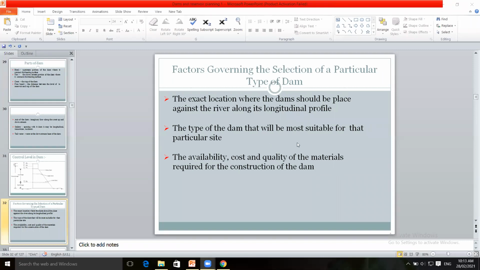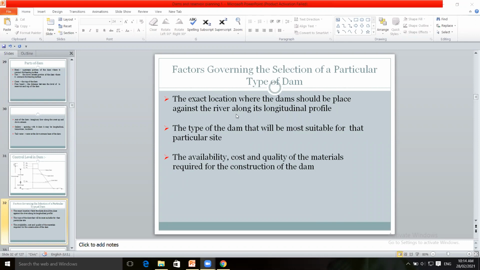According to hydraulic design, we have studied overflow dam, non-overflow dam, rigid dam, non-rigid dam. Then according to its use, we have studied storage dam, then diversion dam and detention dam.